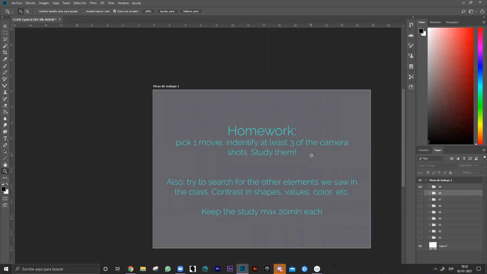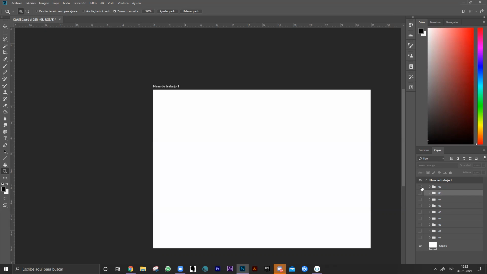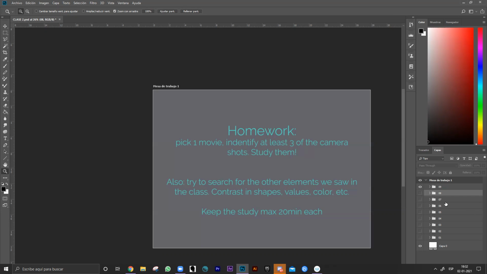Also, we are going to try to search for the elements that we talked about in the last class, and we did in the overview, about the contrast in light and shadow, shapes, color, etc. And we are going to make studies with that. So in this class, I'm going to make a couple of studies just to show you how my thinking process goes, analyzing all of these